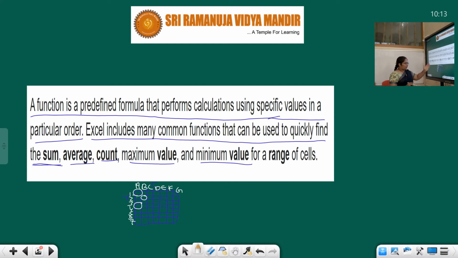The row is defined as numericals, and the column is known by alphabets. So when you want to retrieve the data from the first cell, you can't give the number 1. You can write it as A1. That is, in the A column, the first cell.